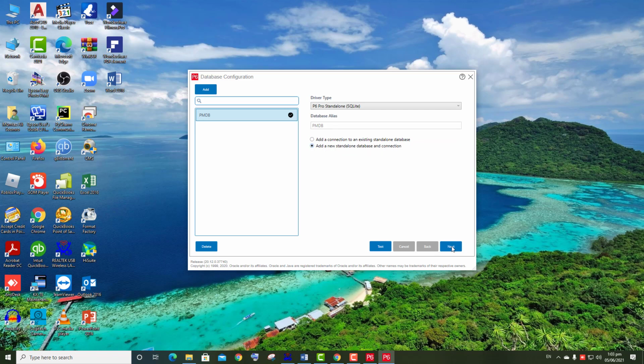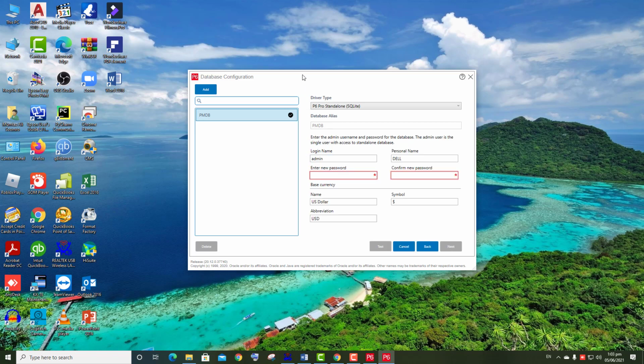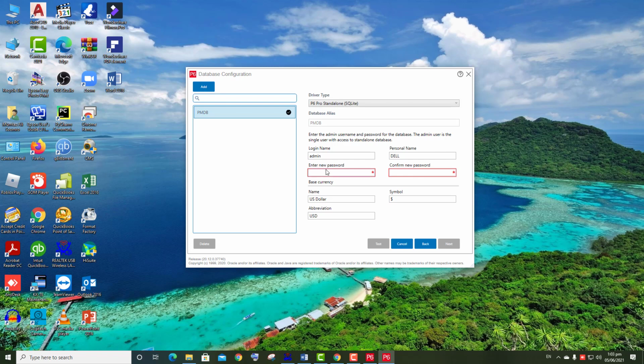So we'll press here, select. This database alias, PMDB, is okay. So next, and after pressing next, we need to put the password. So put the password of your choice.